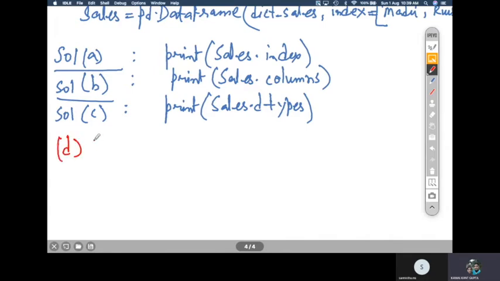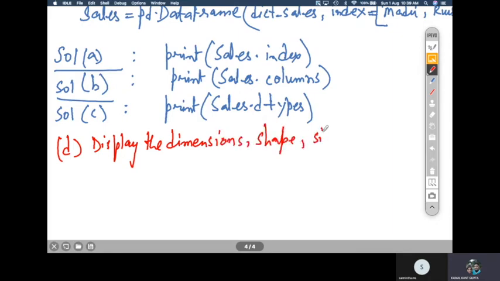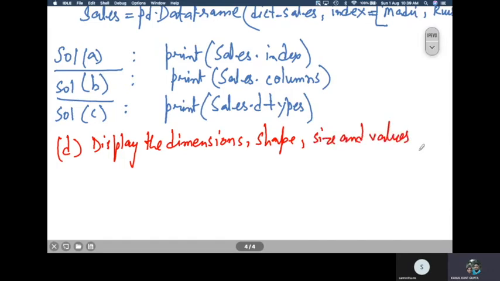We have D. The question number D is display the dimension, shape, size, and values of sales. Okay, so this has to be displayed.